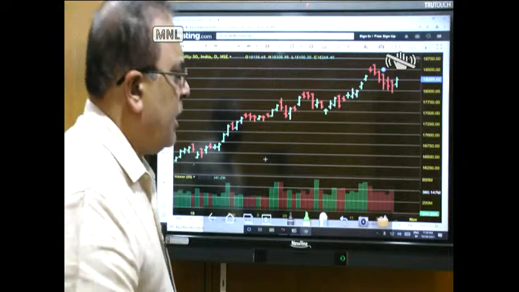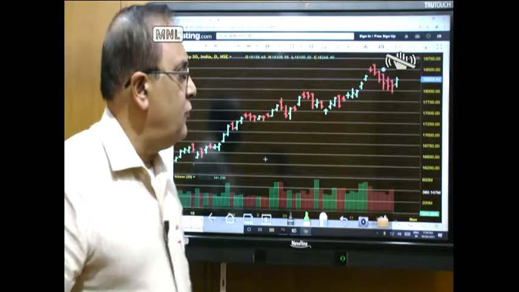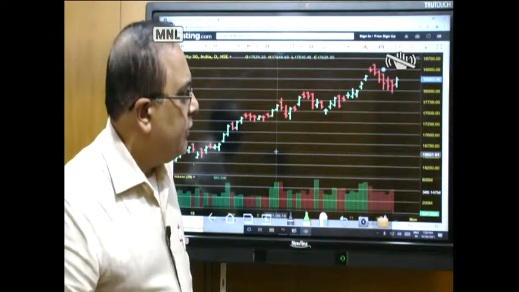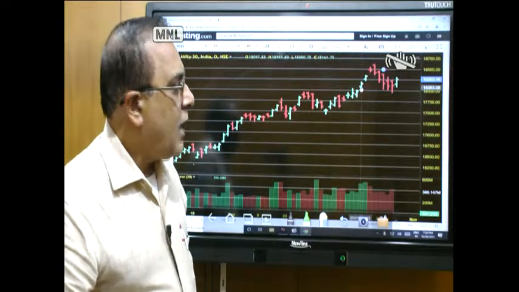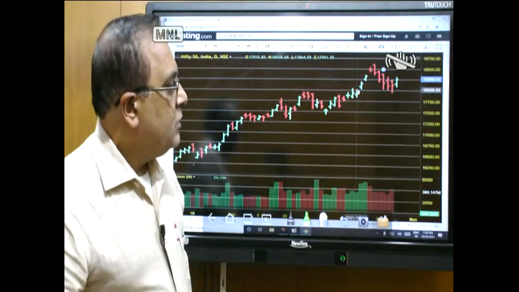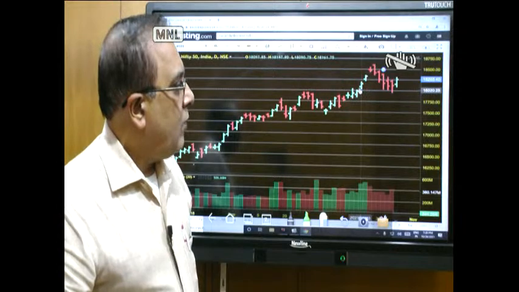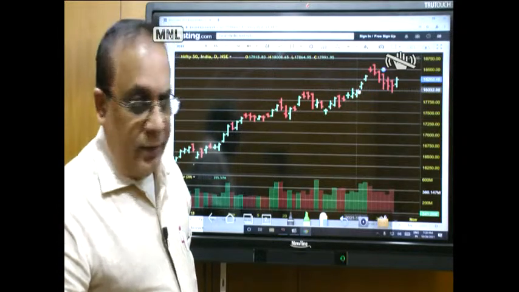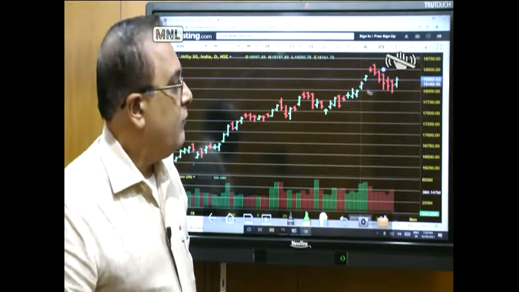Now you can see many days or gaps of days. Some days it has sustained, some days it has not sustained. Now I will keep the cursor there for you. This day is a gap day, a gap up open, because it was above the previous day high. But you can see the price after opening up dropped, but it did not break below the previous day high. So in this case, the gap just sustained and went up.